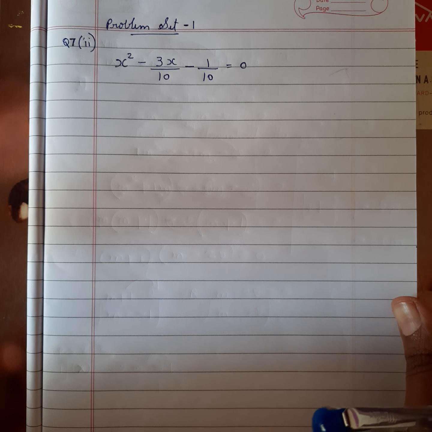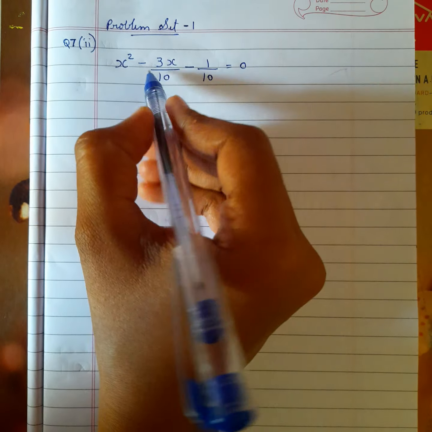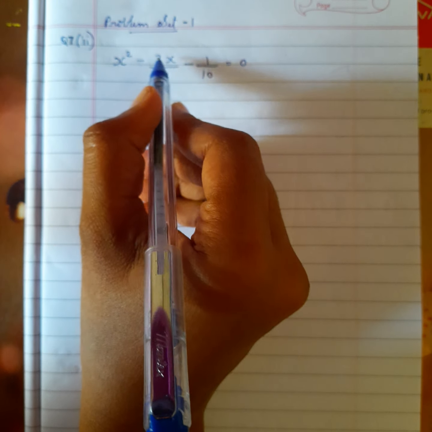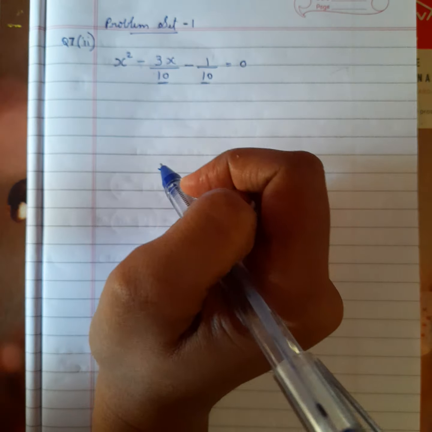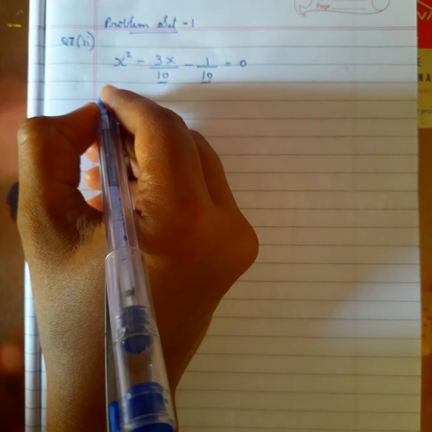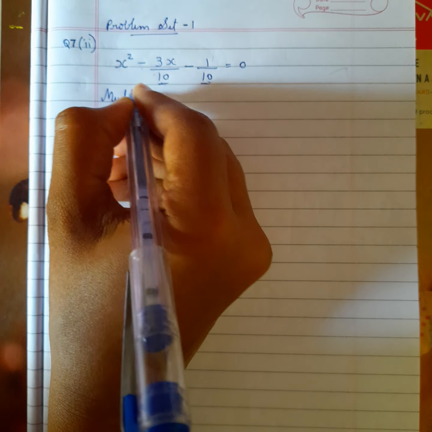Problem set 1, question number 7, second one. Here we have x square minus 3x by 10 minus 1 by 10. So denominator is 10, is it? So we have to remove this denominator. How? By multiplying